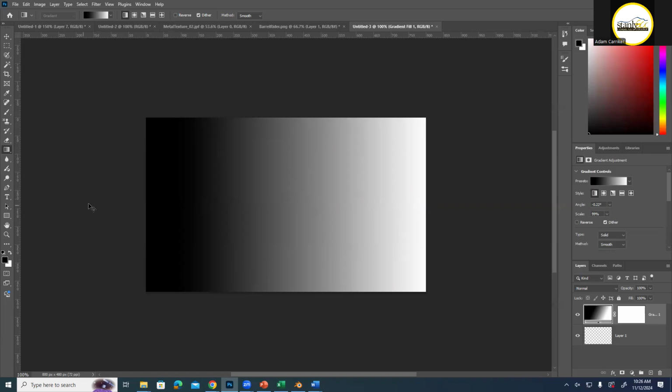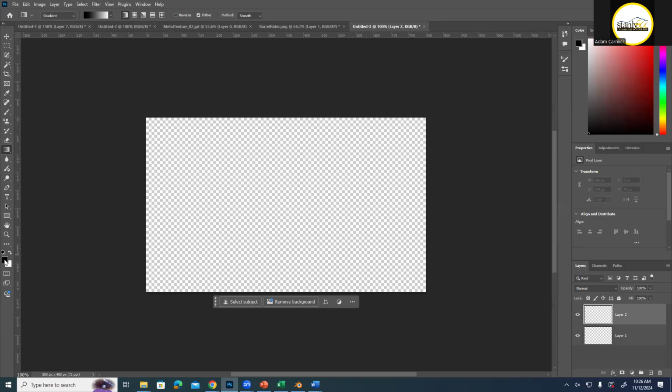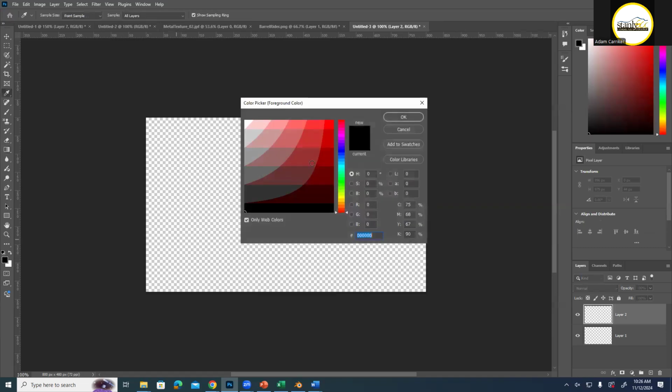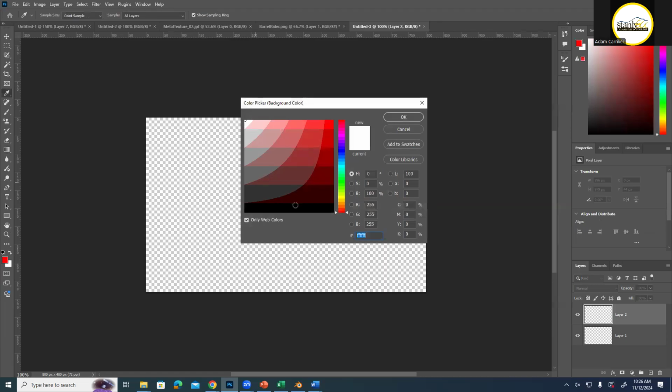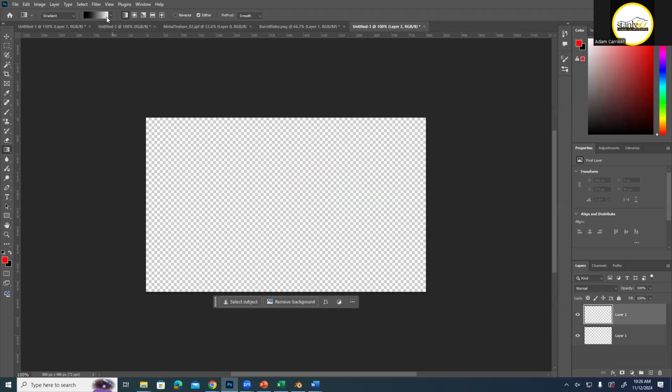Okay. So if I change these colors, right? If I change this to red, then I change this to black. Oh, my gradient color was using the colors down there, but now it's not. Weird. That's okay. To open up your color gradient,